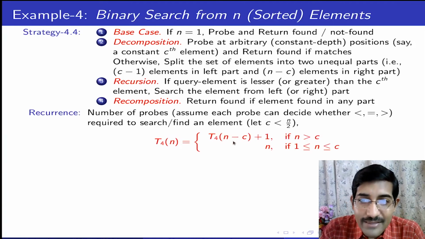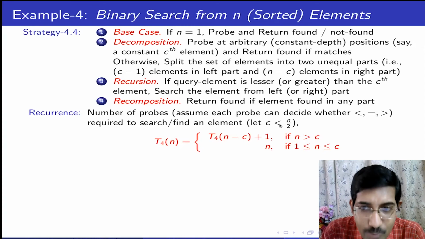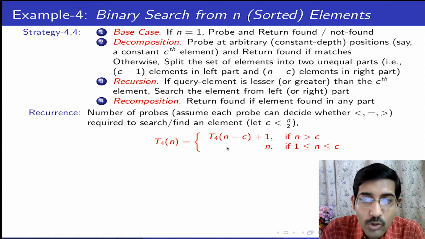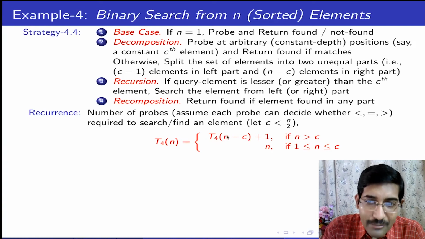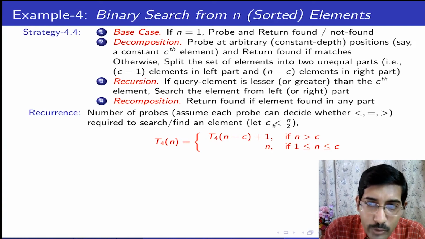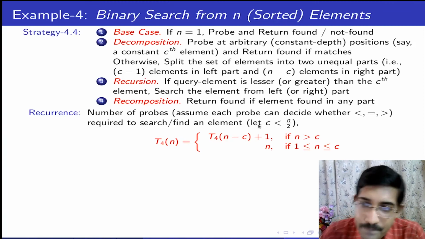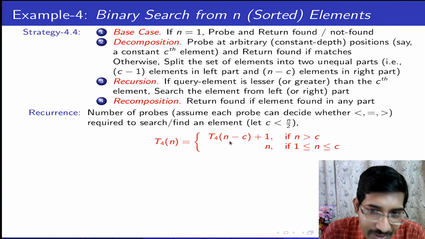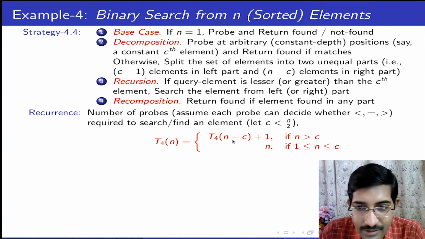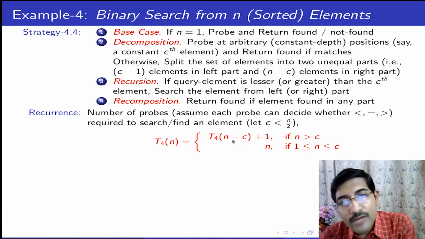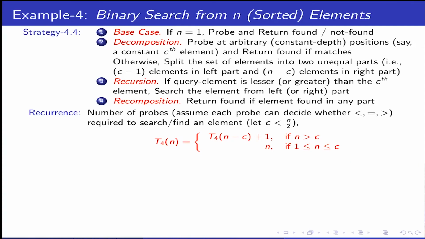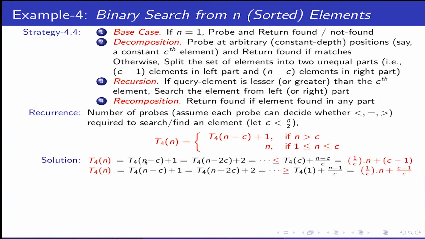So then my recurrence would be like this. Assuming that c is less than n by 2, this part is always more. If c is less than n by 2, any of the parts will always be more. You can also assume c is greater than or equal to n by 2, then you can go the other way. That is not a problem, but one part will be here. That is the larger part. You can do the same average case analysis as we have shown for the previous examples, over all possible values of c, then subtracting 1, n minus 1, and all that. But let me show you how it evolves.